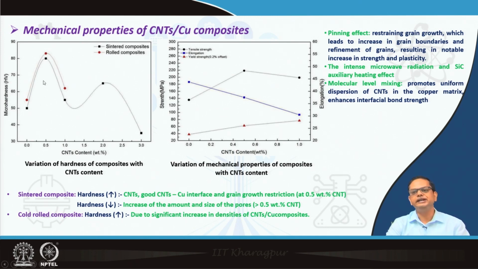And also CNT would actually restrict the grain growth, okay. So, that also helps in improving mechanical properties, as we are seeing hardness, tensile strength, all these things are improving. Okay. So, as it says ultimately that sintered composite hardness increases, there is good CNT copper interface. Yes, there is another very important point here